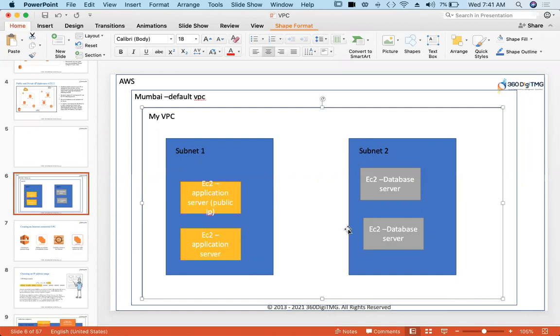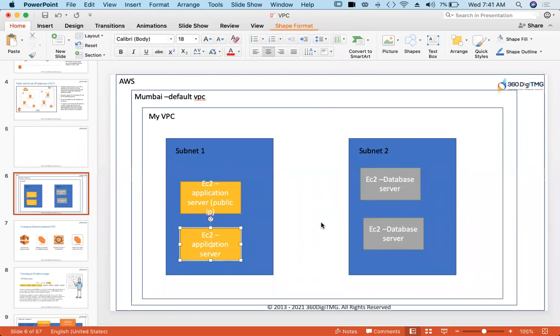Subnets may be different. Suppose a database server is this and an EC2 application server is this one. If the application server wants to communicate with the database server, yes, it can. Even though the subnet is a different one, everything is part of my VPC, my network. So these devices can make use of this network. They are all residing inside that network. They can communicate. And the other communication is using the internet.